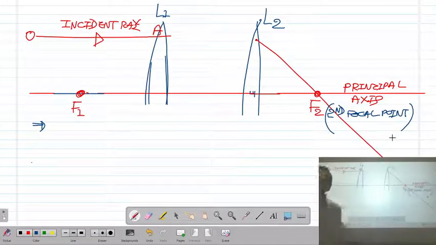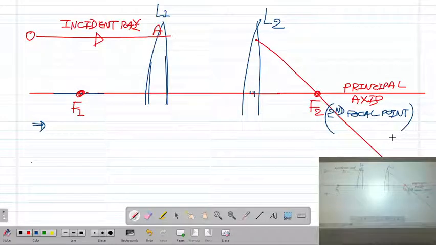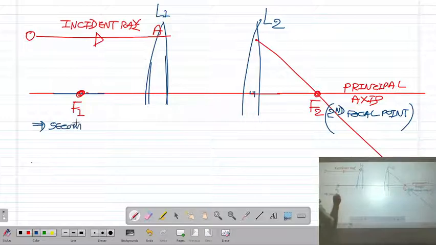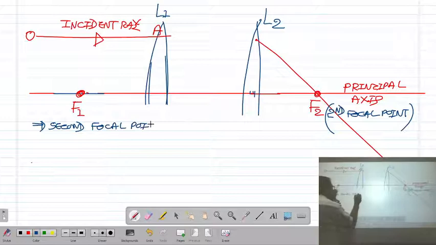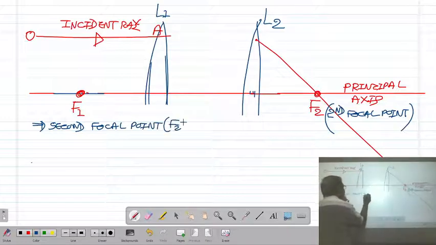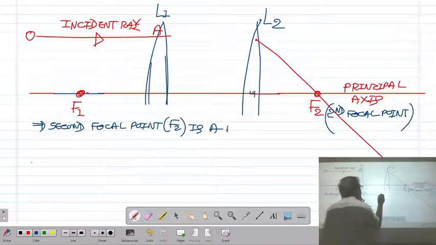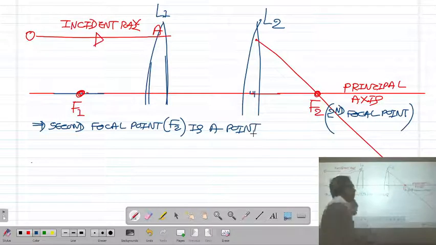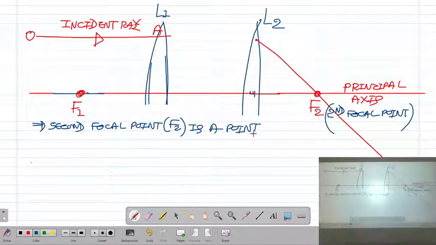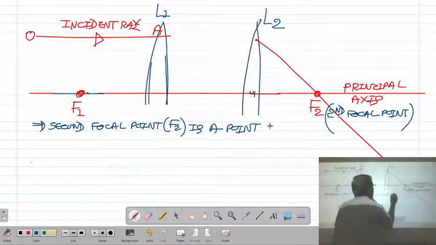Write the definition of the second focal point: it is a point on the axis of the optical system. The second focal point F2 is a point on the axis of the optical system